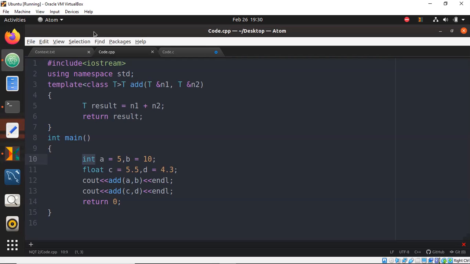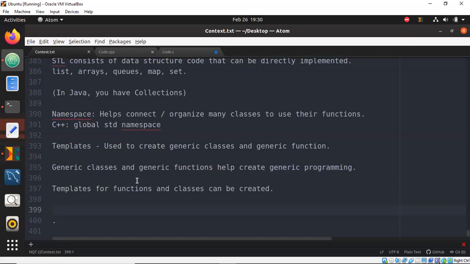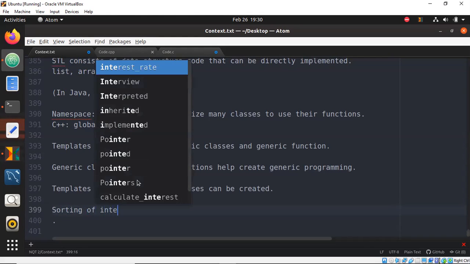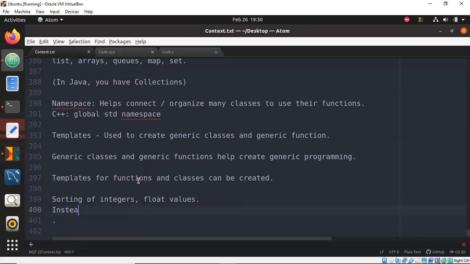Say, for example, in real life, you want to implement sorting. Again, everything we're going through is real world examples. But you want to implement sorting of integers as well as float values. So if you want to sort integers, you need to create a separate function. If you want to perform sorting of floating values, you again need to create a separate function. Instead of creating separate functions for each data type,